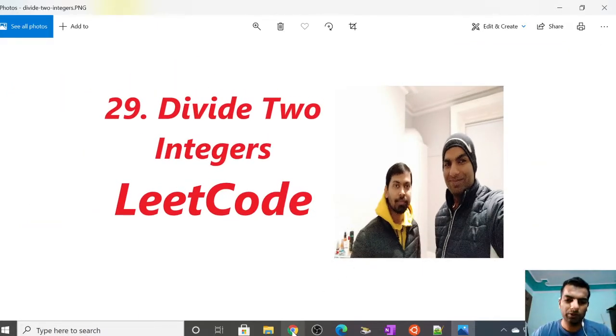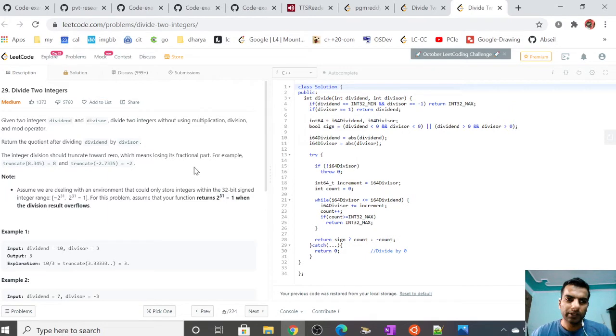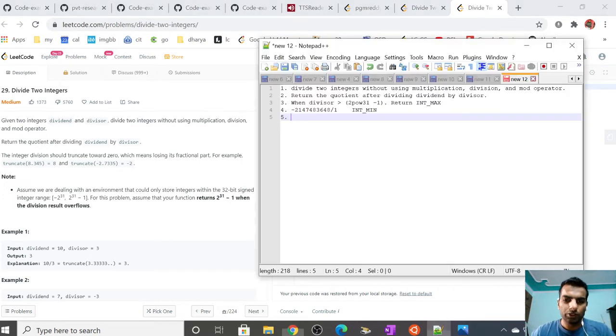So today we are going to discuss this problem, Divide Two Integers of Leetcode. So I'll just go through the problem first. The problem is something like this, that we have to divide two integers, that is dividend is divided by divisor, and we do not have to use multiplication, division or mod operator, and we have to return the quotient by